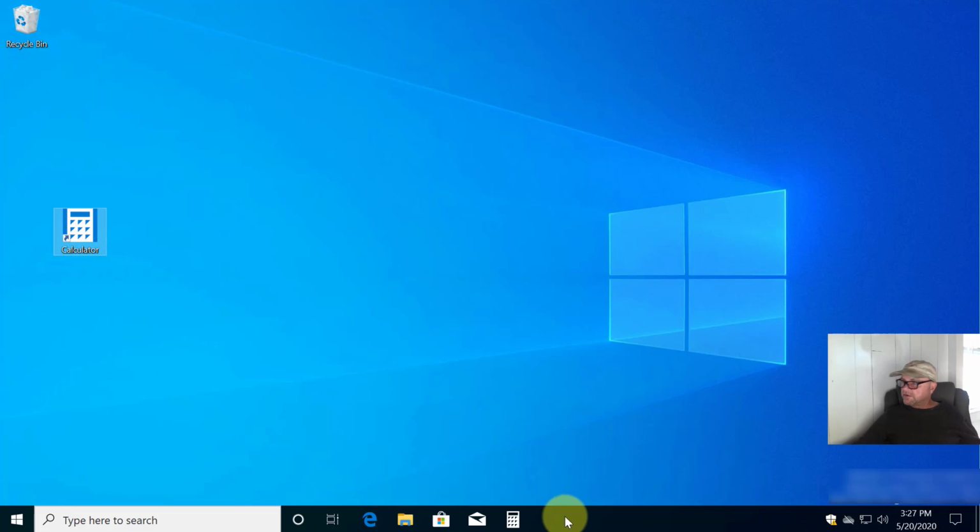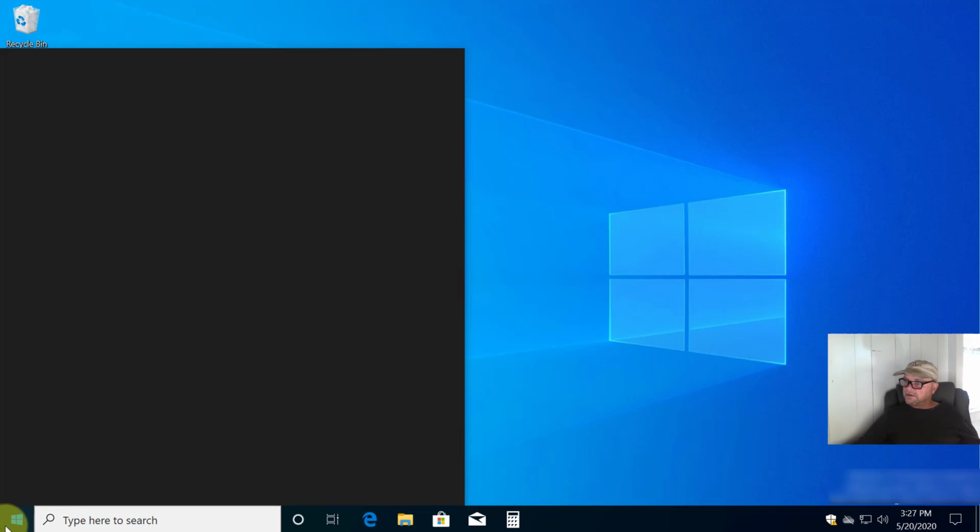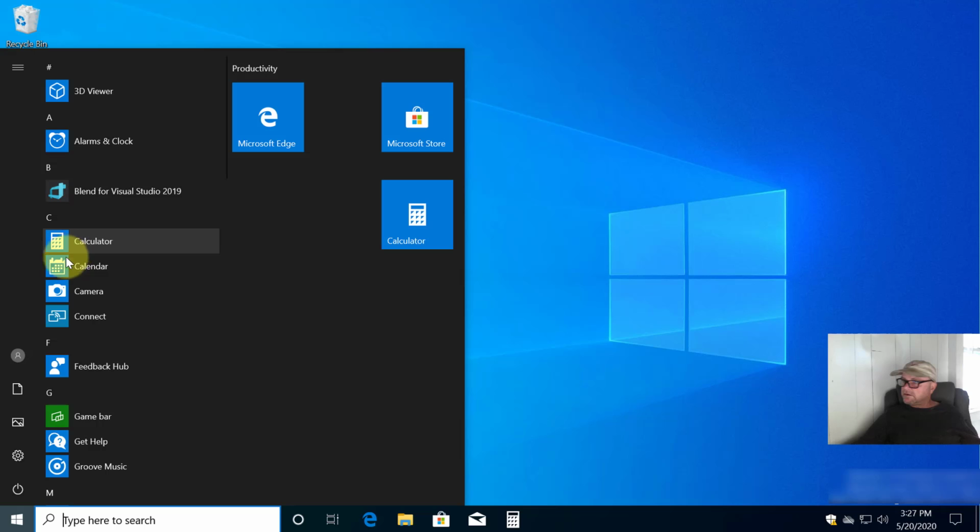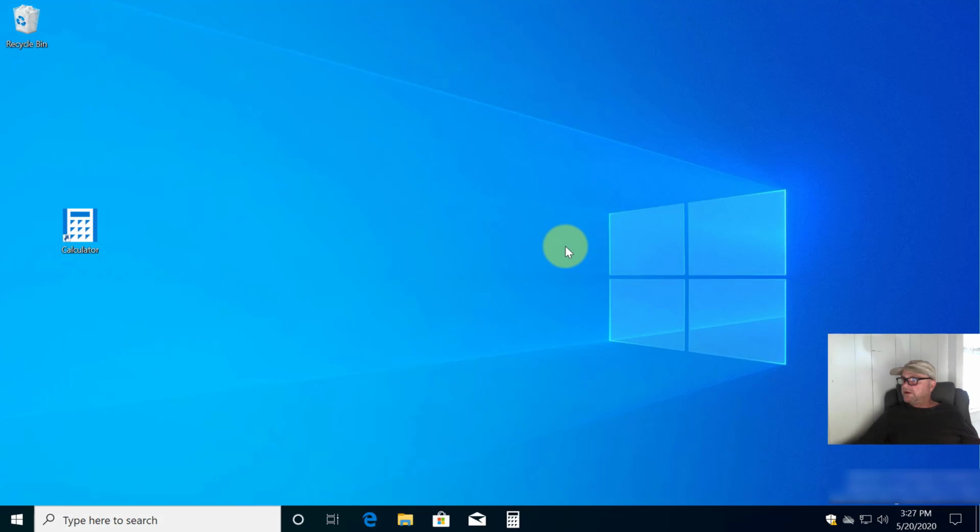So now you've got a calculator here, a calculator here, a calculator here, and a calculator here, okay? Why do you need it in 4 places? You don't. So it's up to you to decide where you want to see your stuff, okay? I don't want the calculator on the desktop, so I'm going to put it in the recycle bin. I don't want it down here because I don't use it that often, so I don't want it cluttering up my taskbar. So I'm going to remove it